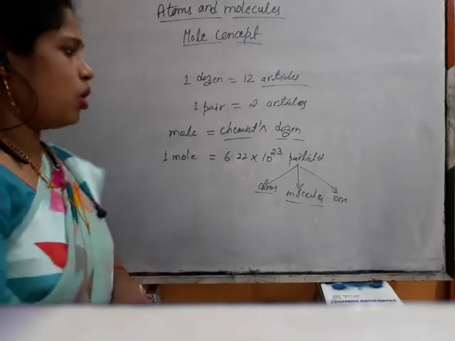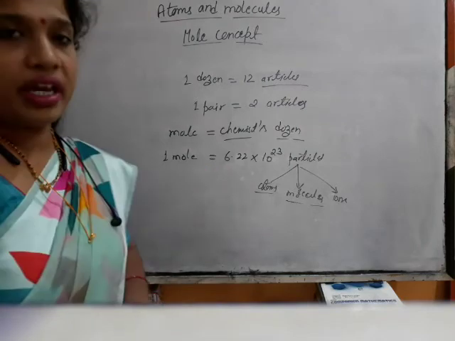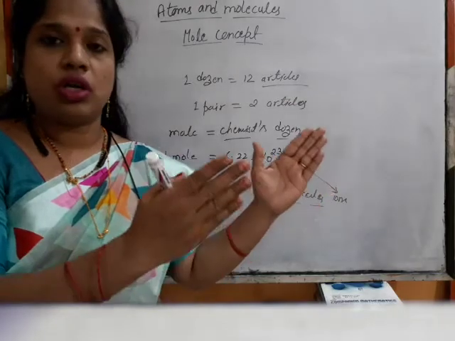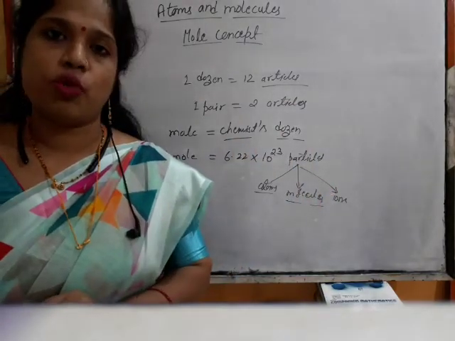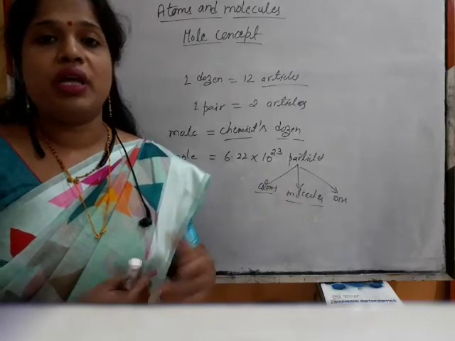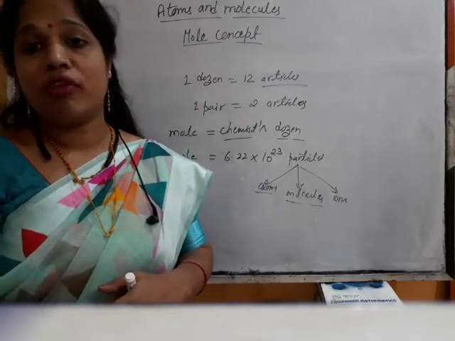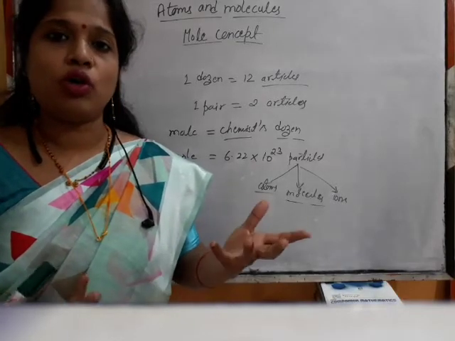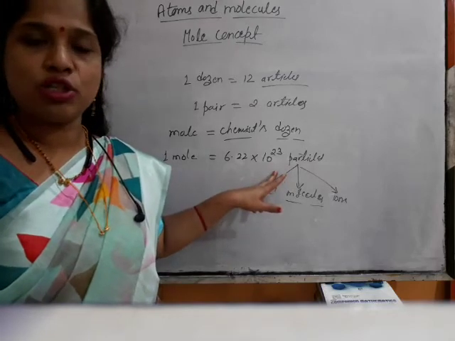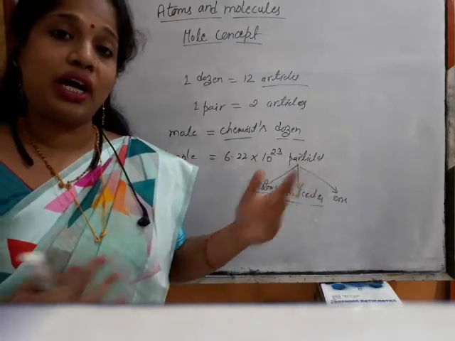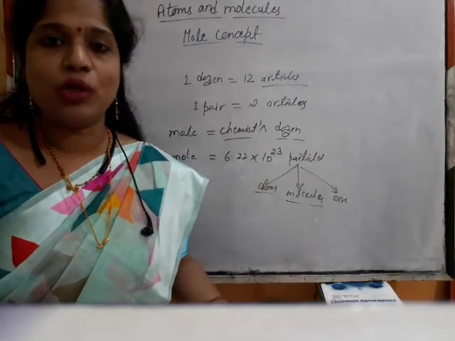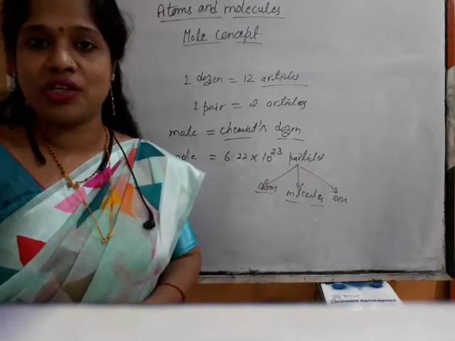Now if we say that to have a reaction, we need this much hydrogen and oxygen to give a water molecule, and if I say to bring 1 mole of hydrogen, then how will you count that? 1 mole of hydrogen means these many particles of hydrogen. If you start counting the hydrogen particles of 1 mole, you will not be able to count them and will not be able to complete a reaction.